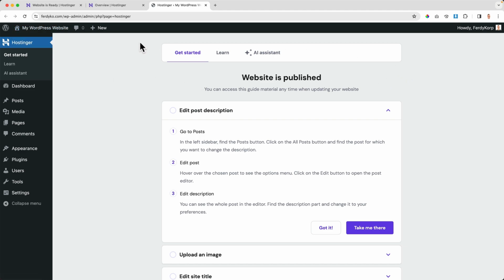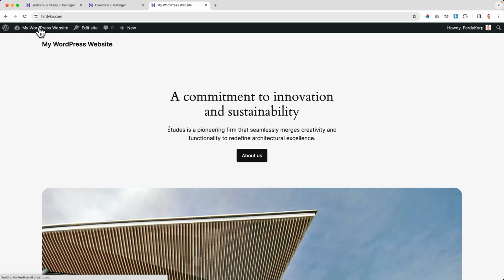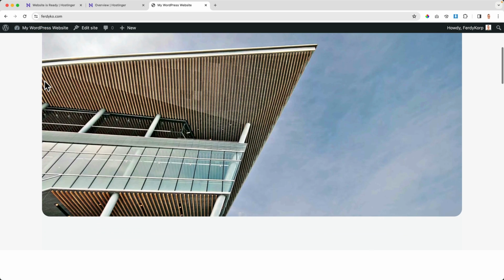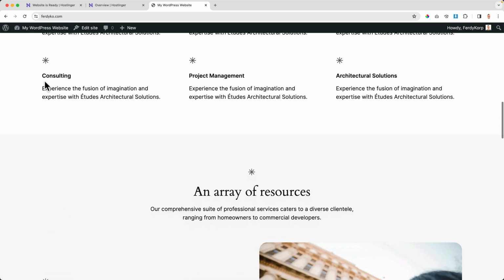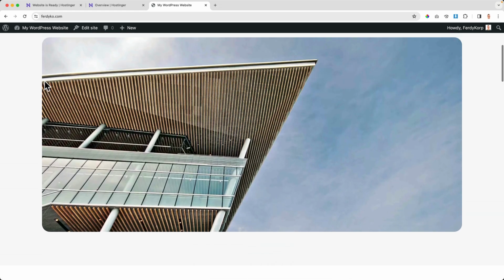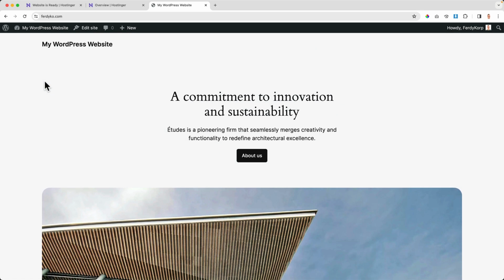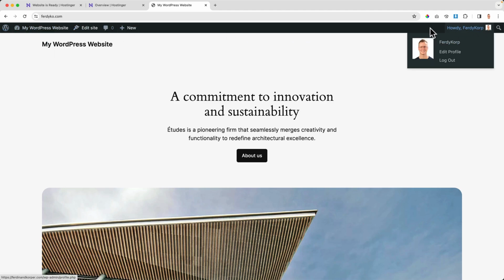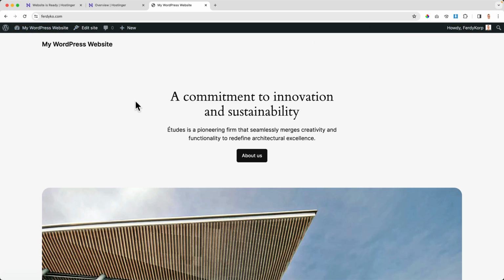So what you see over here is the backend of WordPress. This is where we can adjust our website. If I click over here, I see the front end of my website. This is what people will see when they enter our website. And it looks okay, but of course we're gonna make it look so much better. So by default, this will be installed on your website. It can be that it looks a little bit different. And because we are logged in, we see this bar over here. Other people that are not logged in, they don't see this bar. With this bar, we can navigate from the front end to the back end by clicking here.